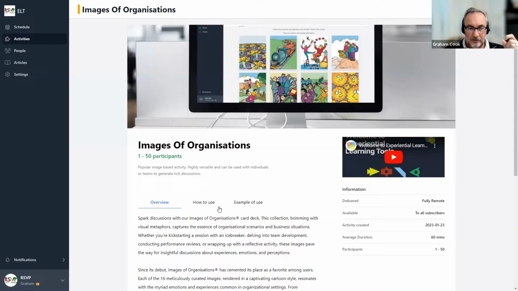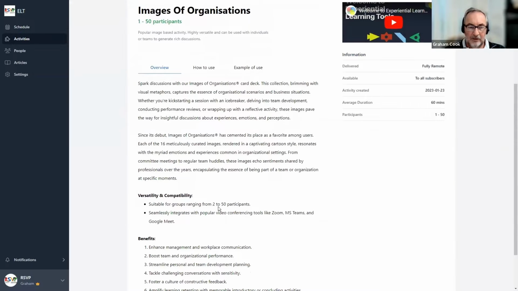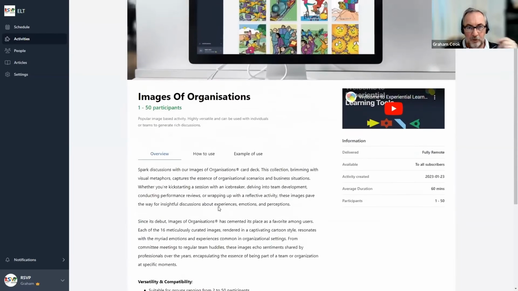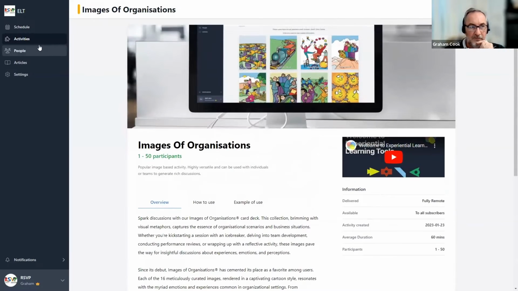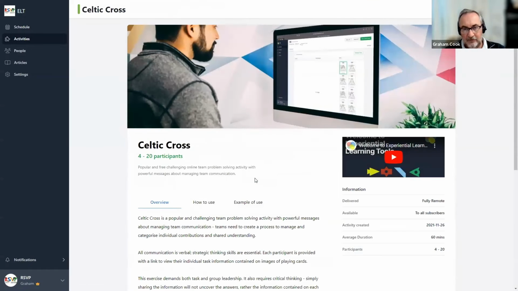digital version of a physical deck. These are images of things that people have said to us about what it feels like to be part of a team or an organisation at any one point in time, go from quite negative imagery to quite positive imagery, and one of our most popular image-based products in the physical world. Celtic Cross, it was actually an activity designed by a customer of ours, and it's a kind of matrix-based problem